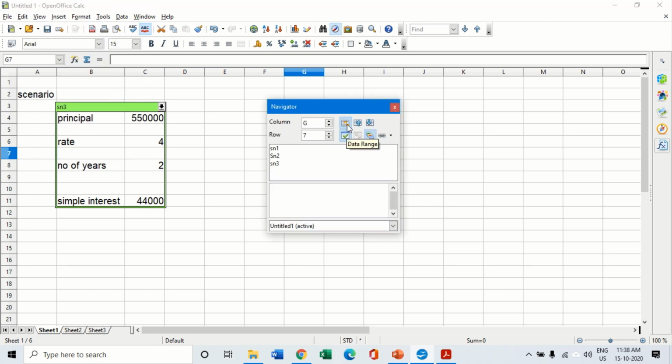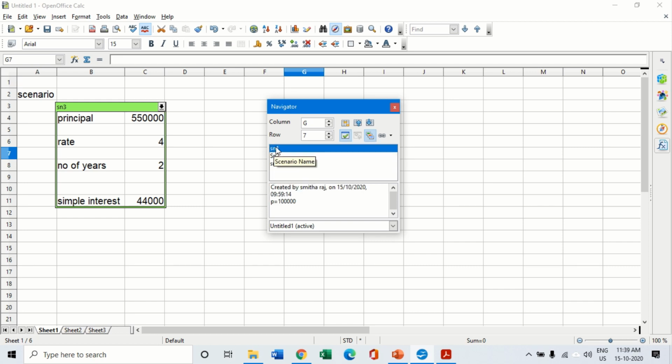When I click on the scenarios button, it will open up, and I get to see the 3 different scenarios. I can double click on these and navigate through my scenarios this way. This is the way of viewing our scenarios through a navigator.